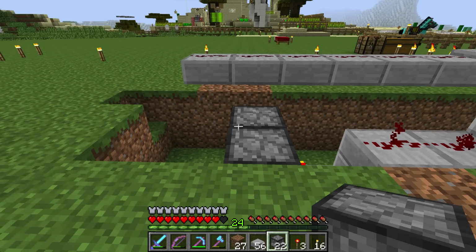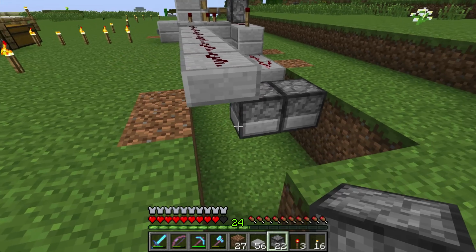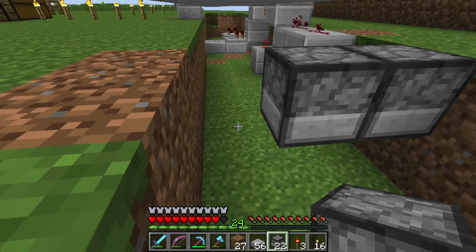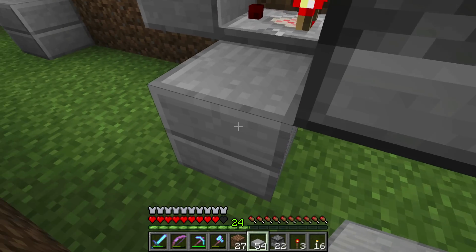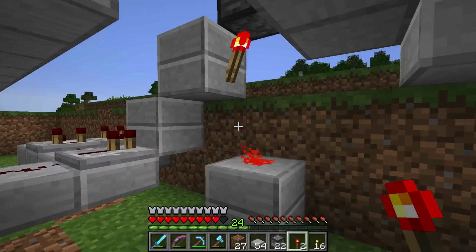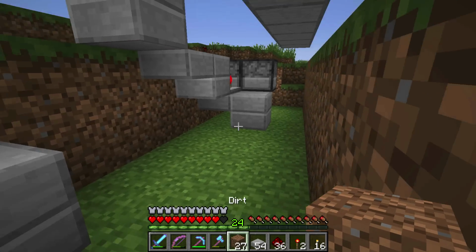So now we need to finish this guy up. And in order to do that, we're going to do a couple of things. First, we're going to come down here and build a block right here with a torch underneath it, just like that. And we're going to take from our reset line right here and wire it right up